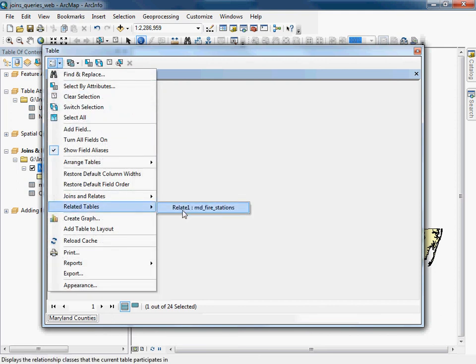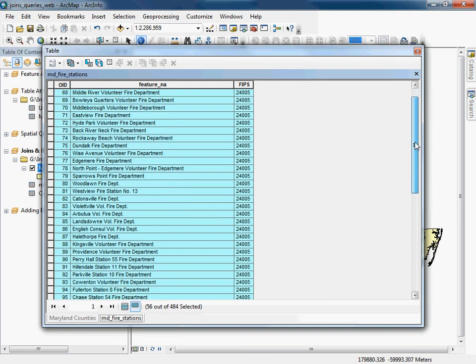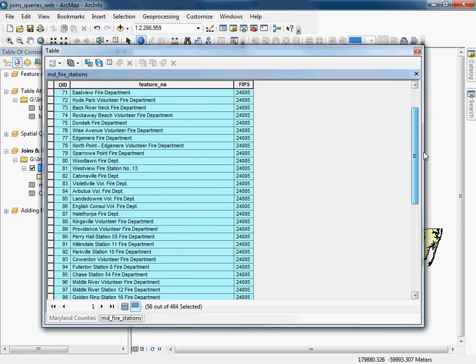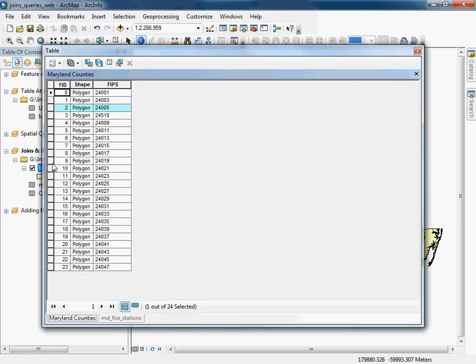And there's my relate 1, and relate 1 is a relationship between this table in this shapefile and this table here, MD fire stations. And so it opens up a second tab over here, and there's all my 24005, which happens to be all my Baltimore County related fire stations. I can come back over to Maryland counties, and I can see I'll select